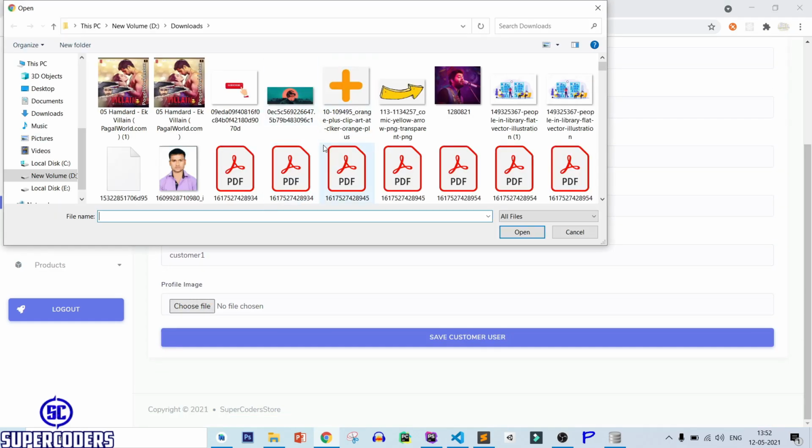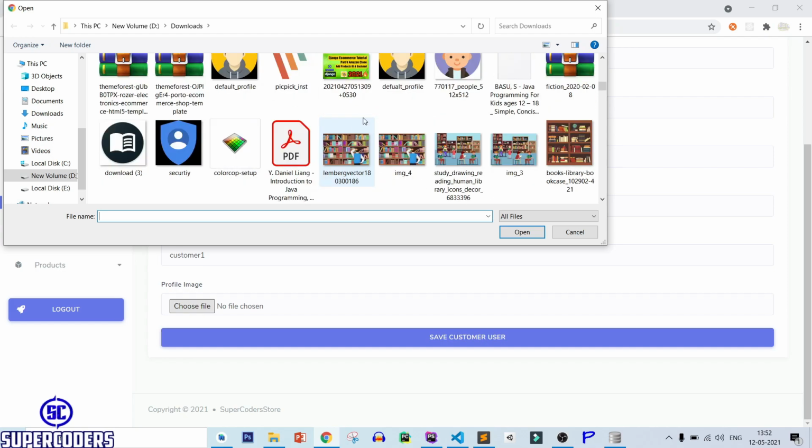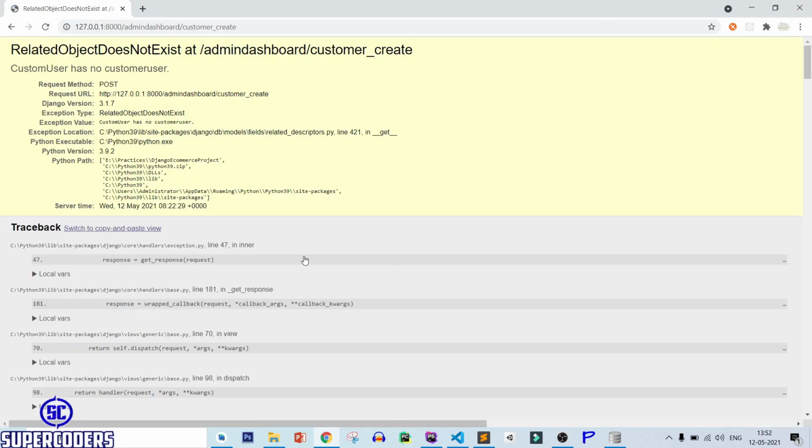So set in the profile pic, select it, save customer user, and it is showing customer user has no customer user.